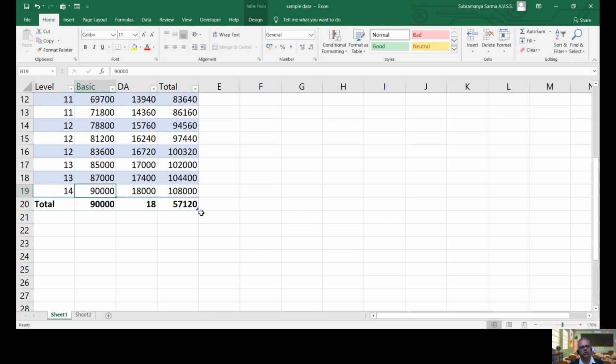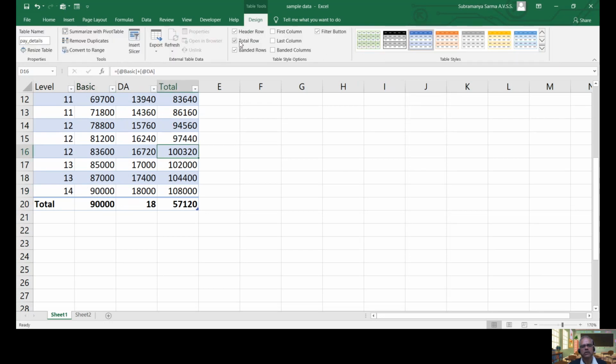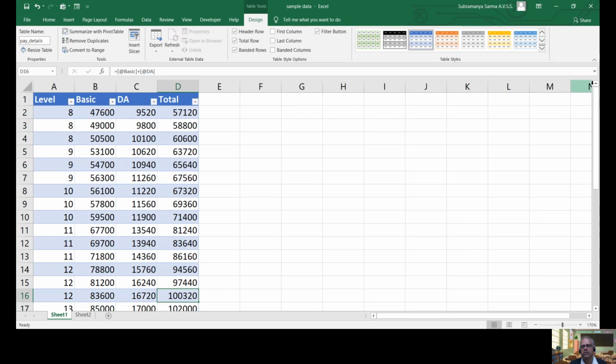So these totals, these functions will be reapplied and recalculated, and values will be displayed there, right? Whenever you are working with huge data, this total row will be very handy, right? Okay, so this is the total row. I think we have seen almost all the features of the design menu, and the last one is table style. The only thing it does is change colors. Whatever color scheme you have selected here, that color scheme will be applied, nothing else.